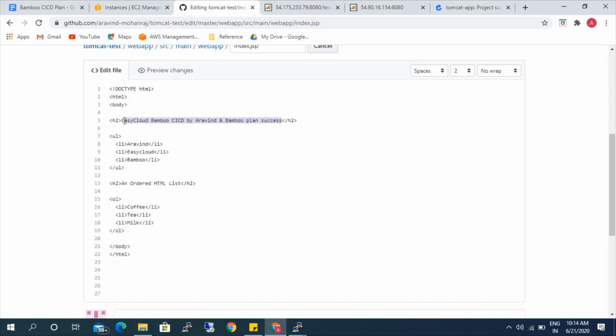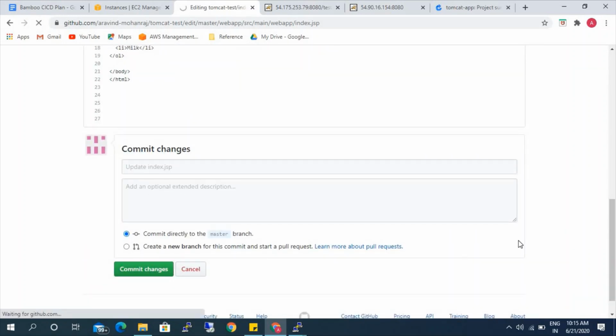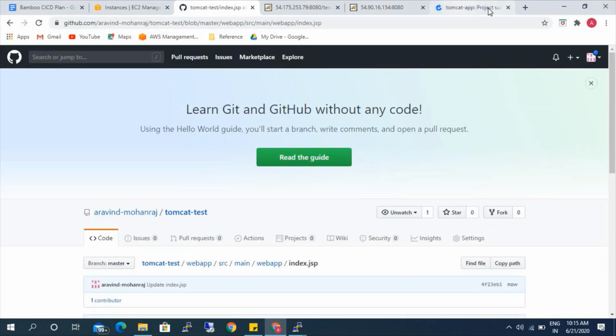So I'm just going to make changes here. So this is the first easy cloud bamboo plan by Arvind. This is the content we are changing, and we're committing it, which will be triggered here in the bamboo plan.